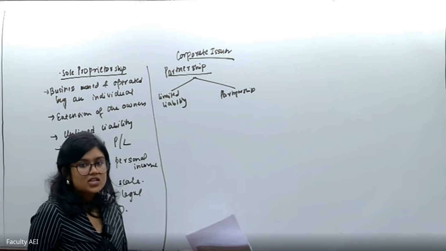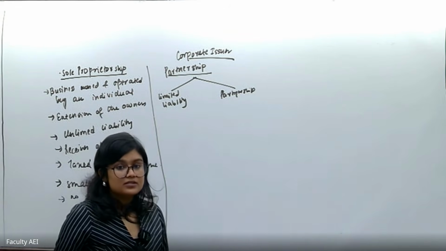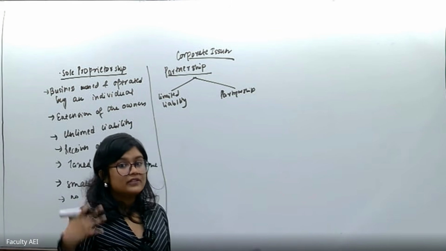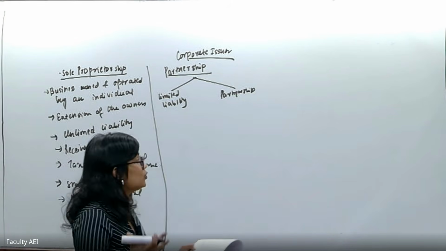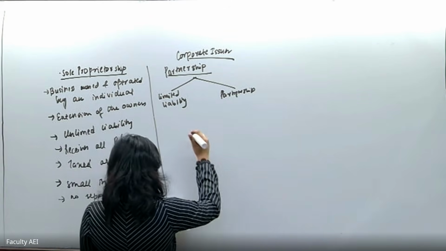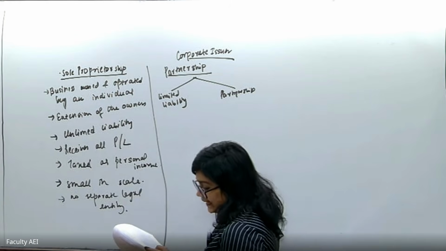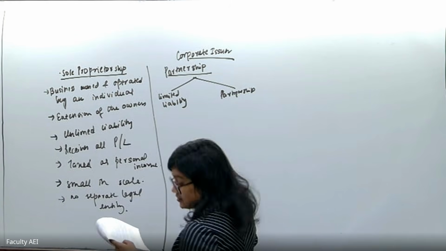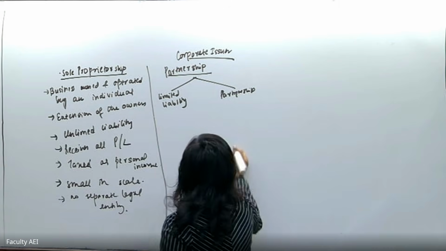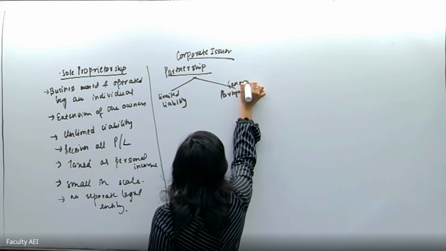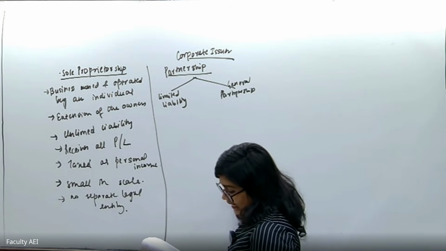They are relatively larger in scale, because there are two or more persons, so they have more capacity to bring in more capital. To do business on a scale that exceeds that of a sole proprietor, two or more individuals can form a general partnership. In this structure,